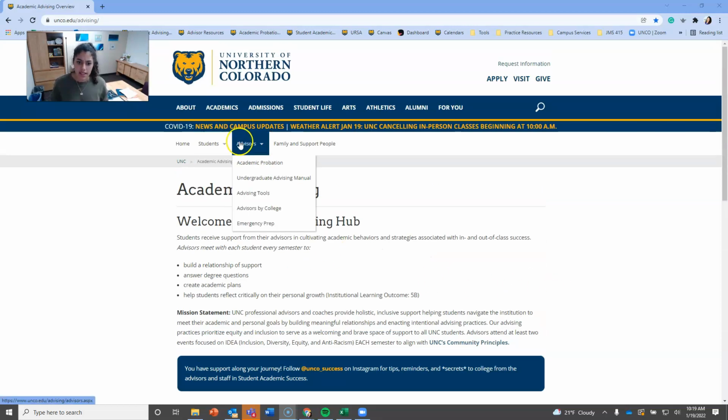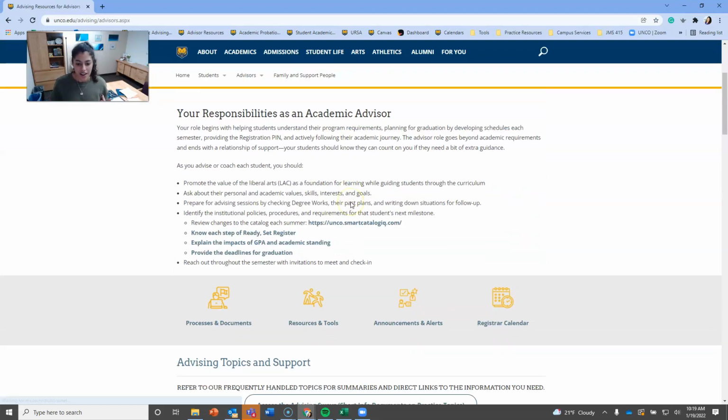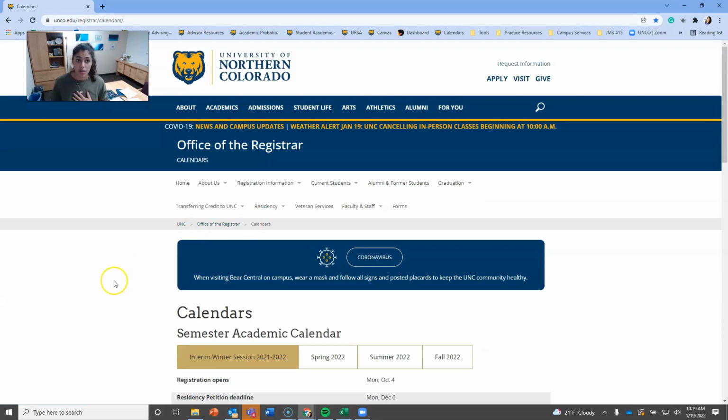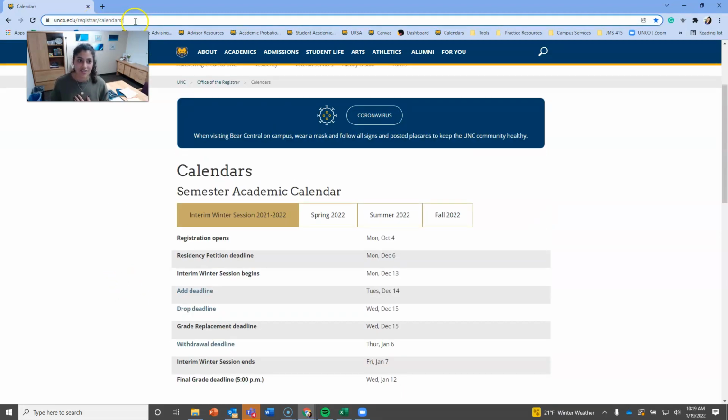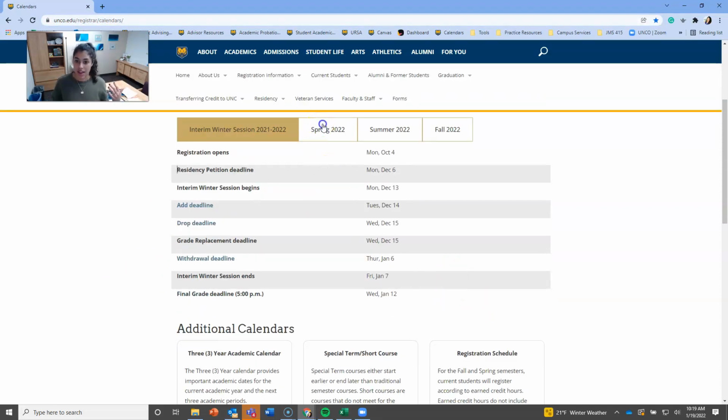But one place that you can definitely hop over to is on our advisors tab. You can go to the registrar calendar. So again, if we're working through mine, my main audience is advisors. But this calendar, registrar/calendars, actually has an entire semester academic calendar.